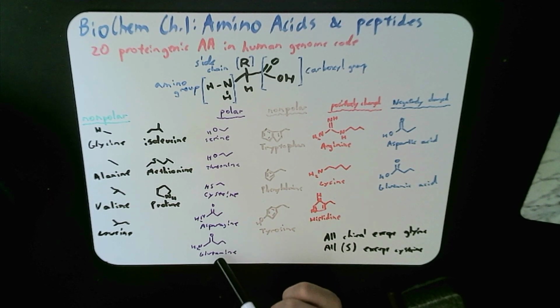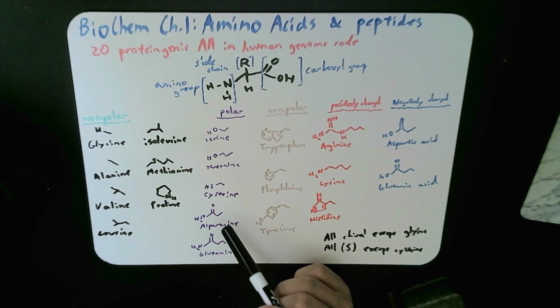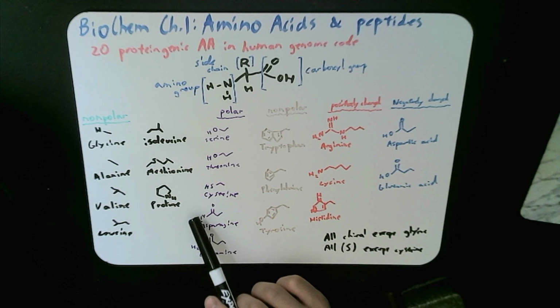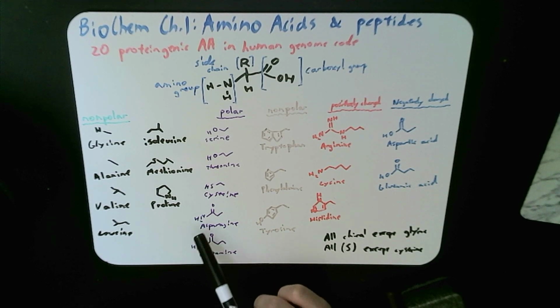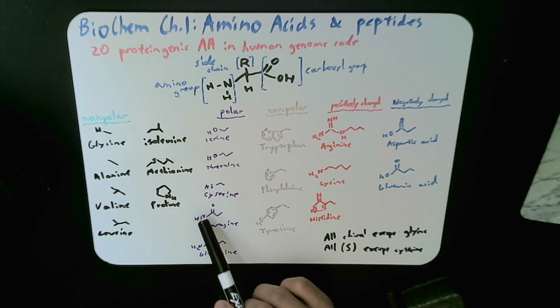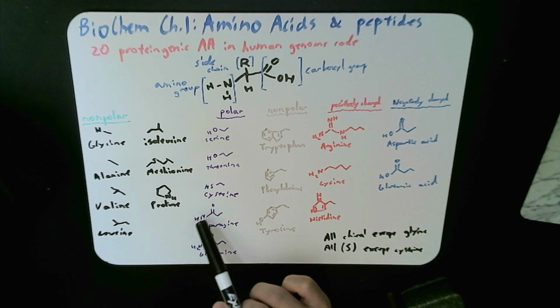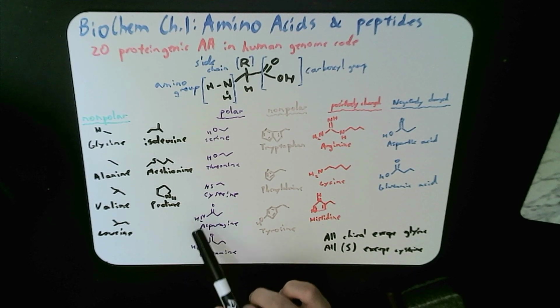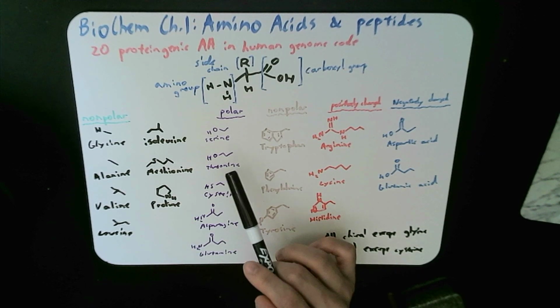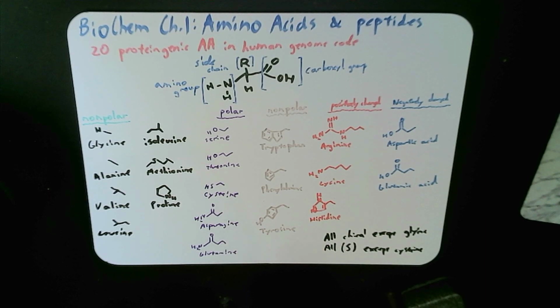For asparagine and glutamine, I remember them collectively using "in" to know that there's an N to them, substituted for the carboxylic acid at the end. So I imagine them to have a carboxylic acid at the very end. You can think there was an OH, but it got replaced with the NH2, right? So this might be counterintuitive because you think everything here is OH, except for asparagine and glutamine, which have N instead. But they can still participate in self interactions because the hydrogens here can bond to the O in the carbonyl